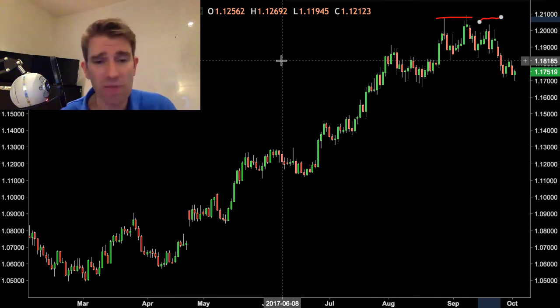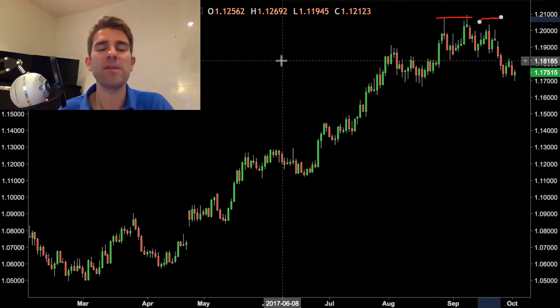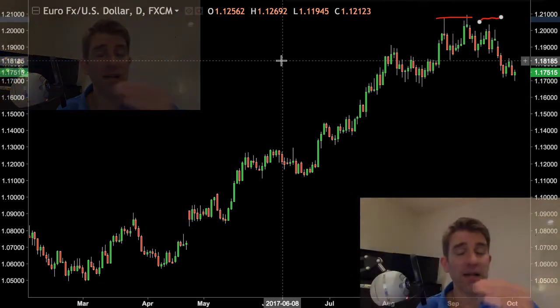So it can be on multiple time frames. It can be on multiple strategies. But the trick for you is to say, hey, what's the premise of this trade? Is the premise that it has to do what it should do? And also you can put it in a price range as well.